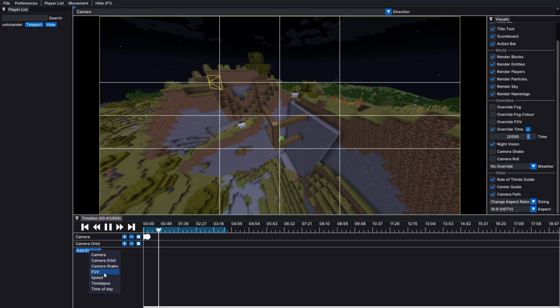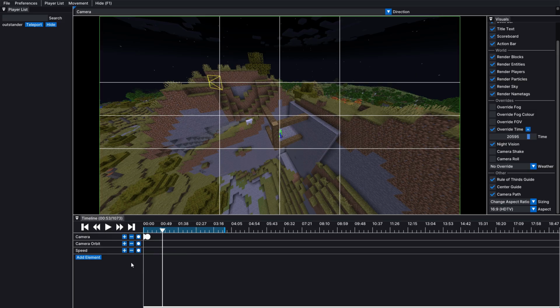And for the FOV, you can actually put some keyframes related to the zoom in and zoom out effect. And we have an interesting thing here, which is speed. To simplify this, if you click on add keyframe of a speed at this point of the video, let's say we have a 10 multiplier at this certain spot. So everything after this keyframe should have a 10x multiplier, and everything before this keyframe should be at the normal speed